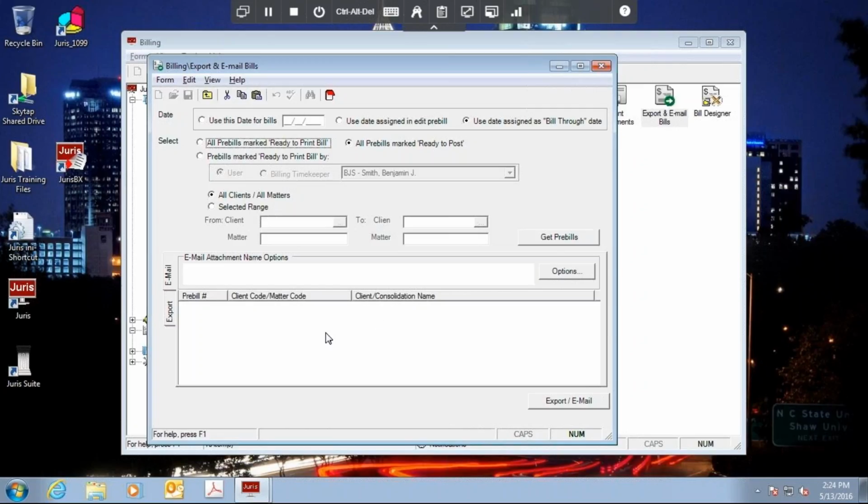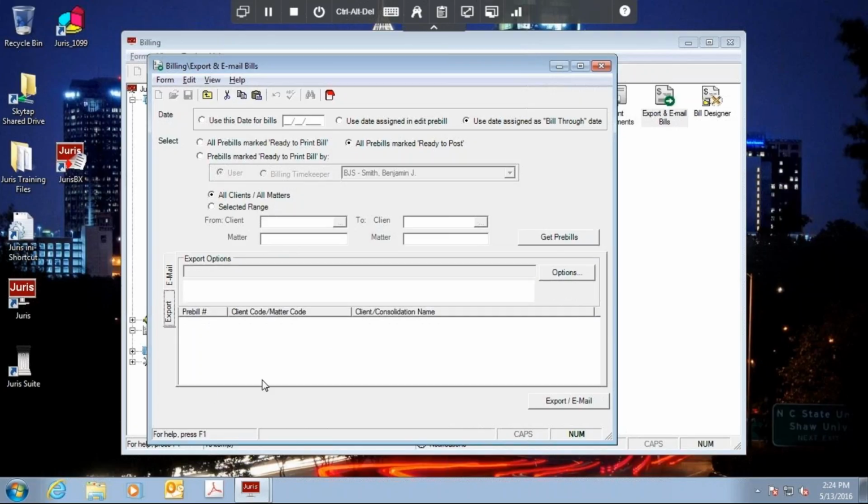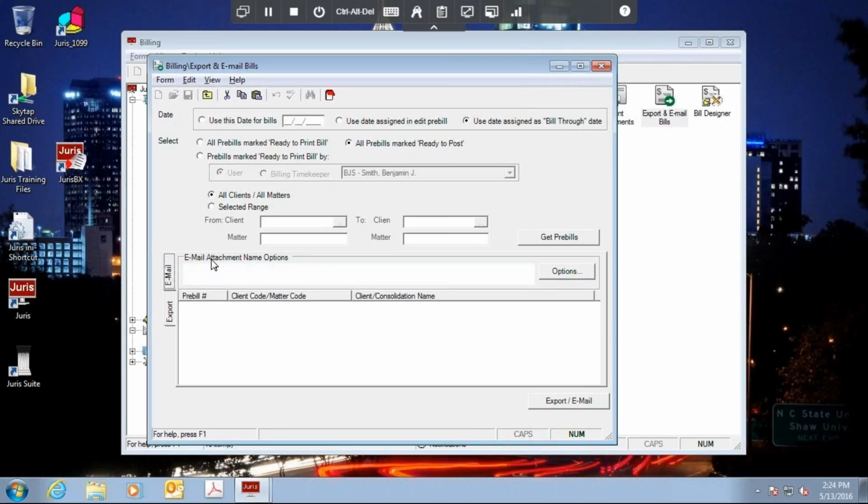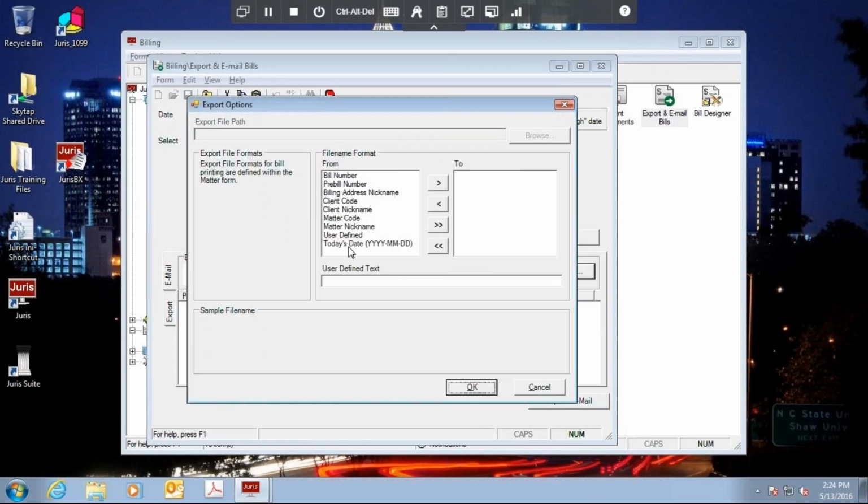Well, if you ever want to just use the email feature, then you simply uncheck any files that come into your export screen and then use the email feature that we talked about earlier. Now, the claim number, I'm not really sure what he's referring to, but you can at any point add a custom level to either the email attachment or to the export attachment using the user-defined text that we talked about earlier. So if, for example, you needed to include a claim number, then you could potentially put it in this user-defined field,